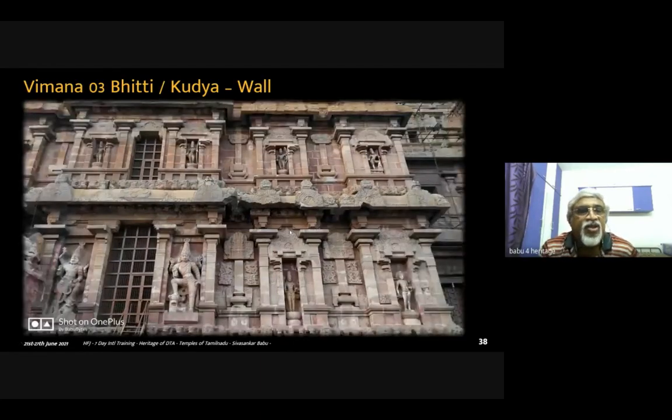Now we see the most complex wall of the Garbhagriha. This is the Rajarajeshwaram, the Tanjore big temple. Now you will be able to clearly identify where the Kumbha Panjara is. This is the Panjara element. You have the Devakosta with the arch and the half pillars, and then you have Dwarapalakas. This is the Ganadwara, an entrance-like structure.